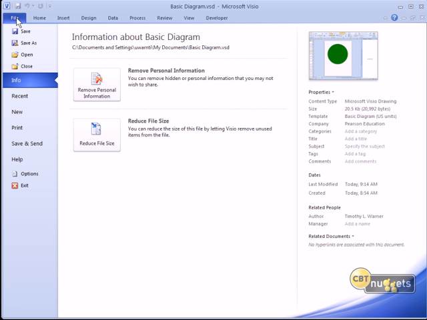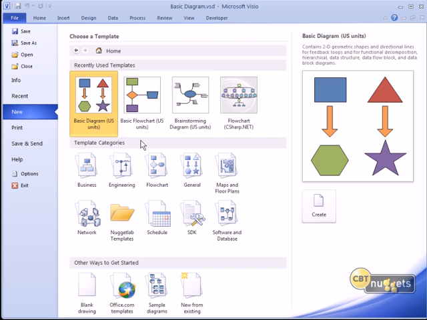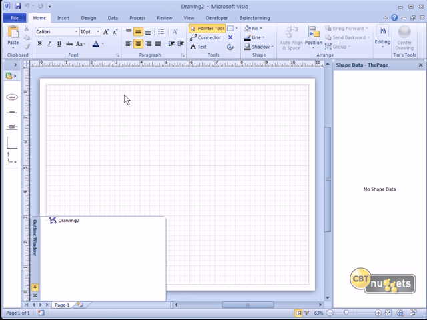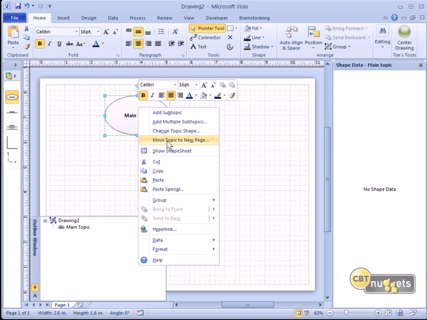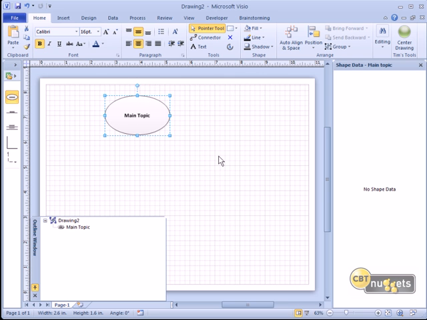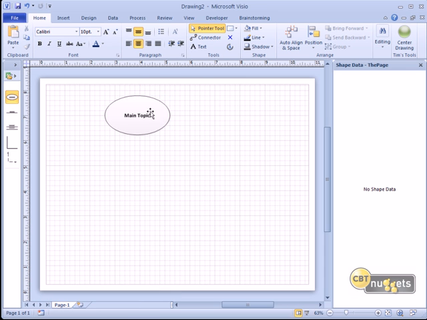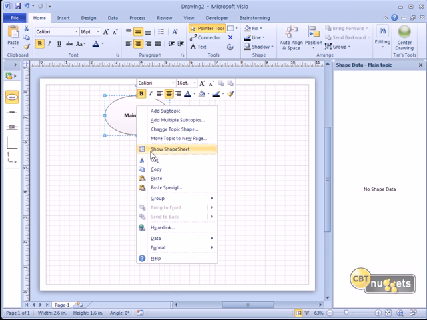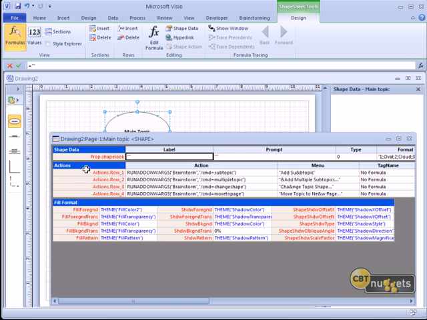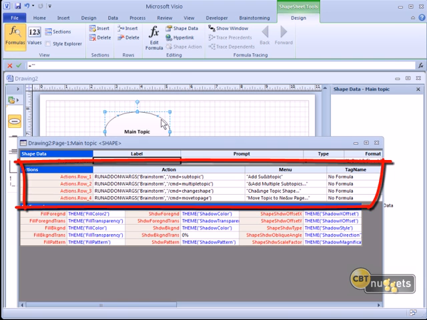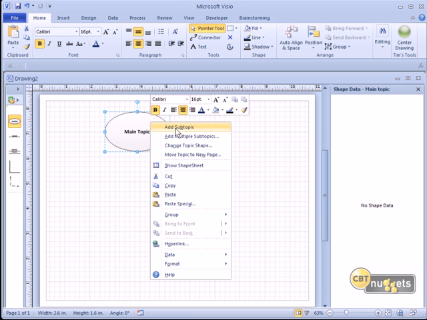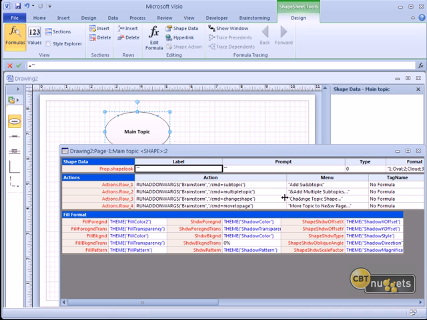Very final thing I want to show you is, I mentioned that when you choose a template that has code in it, again, this is coming back to what we did originally with VBA, and it has these actions here at the right click menu. I just want to close by taking you into the shape sheet here so I can show you where those live in the shape sheet. Specifically, you see we have a section called actions. So this is defining those first entries, which are, as we know, add subtopic, add multiple subtopics, etc. And sure enough, here it is. Add subtopic, add multiple subtopics.